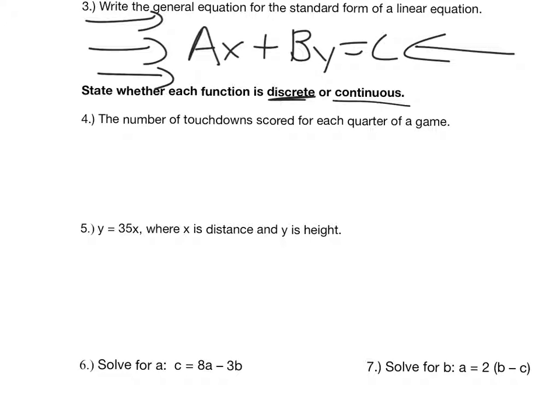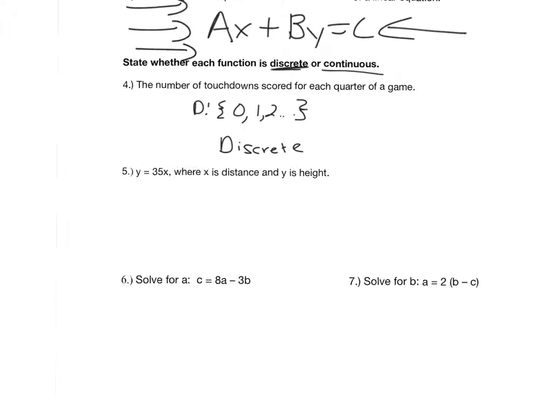So number of touchdowns scored for each quarter of a game. So can you really score half a touchdown? I'm not talking about extra points or field goals or whatnot. Can you score half a touchdown? Not really. You can't score a portion of a touchdown. So it looks like our domain here, it would only make sense if our domain was positive and whole, right? You could score 0 touchdowns. You could score 1. Can you score 1.5 touchdowns? Not really. Okay, so this is going to be an example of a discrete